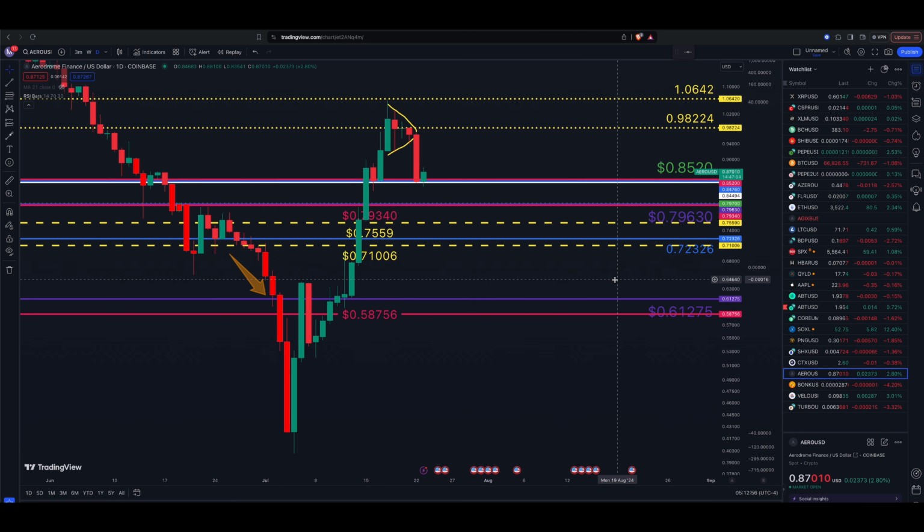Taking a step back to the last video, we had Aerodrome in this little pennant pattern we talked about, right? And we mentioned that the apex was approaching pretty quickly and we should expect a large price movement. We were talking about either a breakout higher or a breakdown lower. Either way, we were expecting a breakout of this pennant. Well, we got the breakdown lower in price. We moved down yesterday